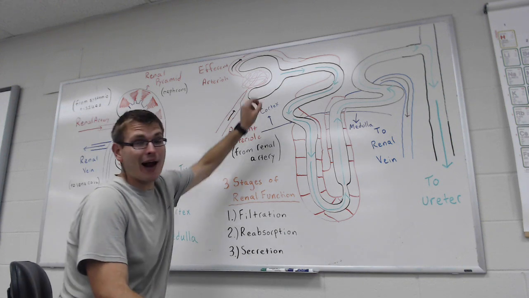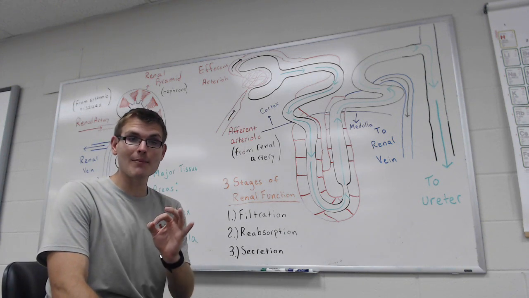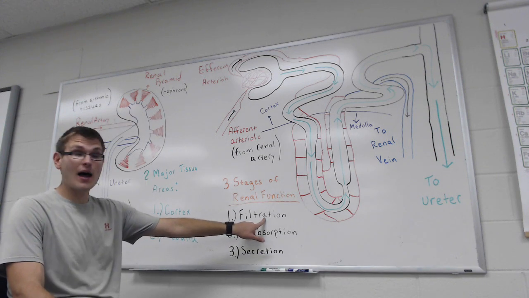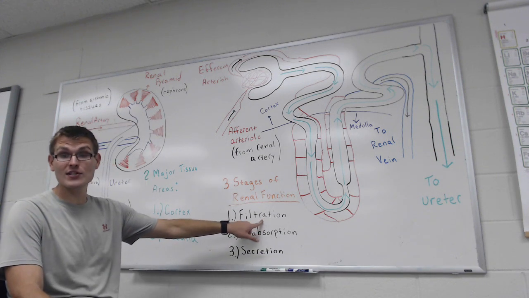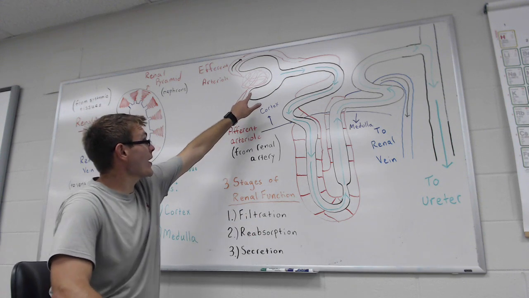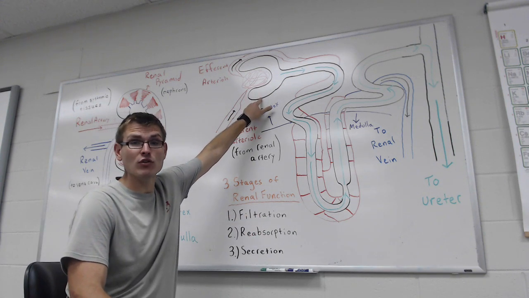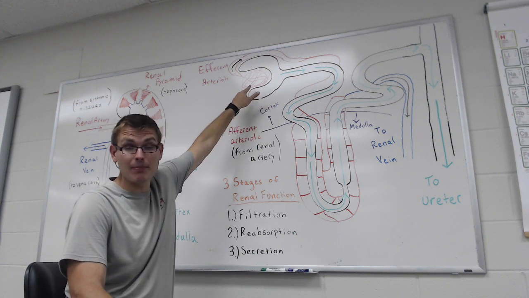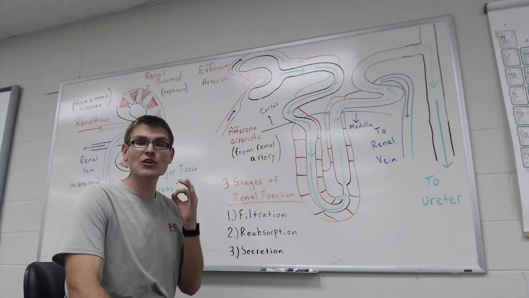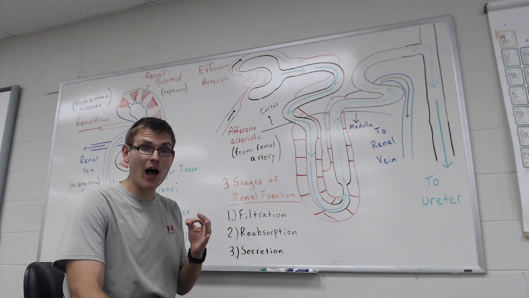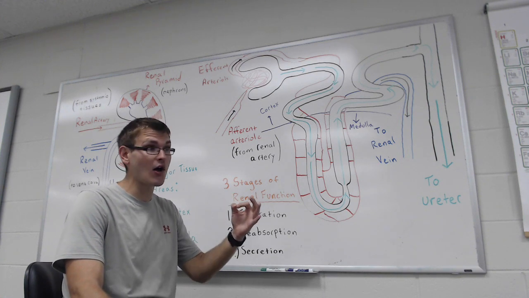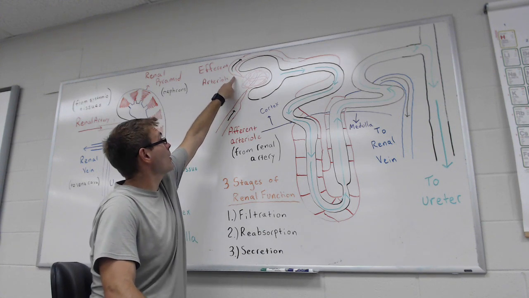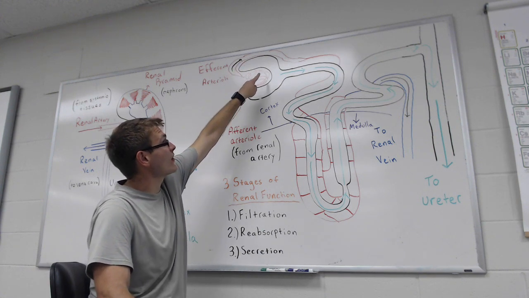So this region right here at the interface between the glomerulus and Bowman's capsule, this is where our very first kidney function is going to occur, and this is called filtration. So we are going to produce an initial filtrate that is essentially going to have the same osmolarity as the blood that was filtered, meaning that we haven't really done a whole lot to alter the content of things like water and salts. Now that this blood has been filtered, it will exit through the efferent arteriole, and then